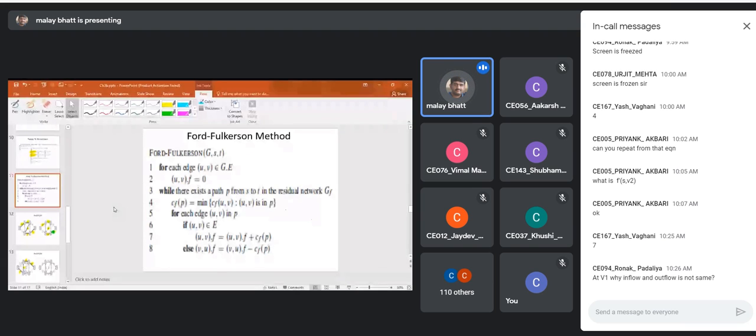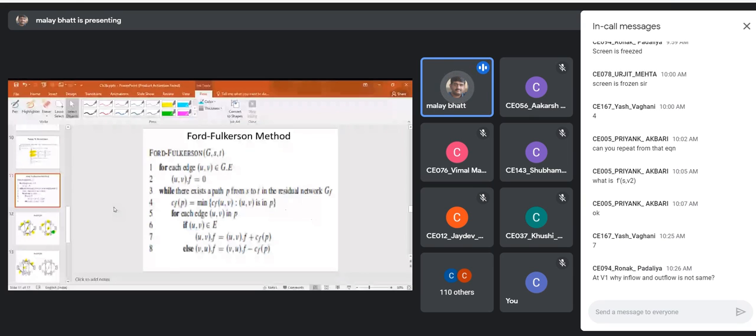So whatever path you are selecting, in that path there are many edges. So we have to just consider the capacity of every edge, and we have to select the minimum from it. Why are we selecting the minimum? So that there will not be any bottleneck. Yeah. So that is the flow value which is generated by that path.